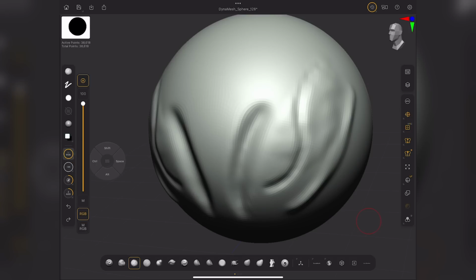So if this is disabled, you're not going to have any of this. In this case, we can just disable this one. I don't want this since I'm not poly painting at the moment. Then we have the focal shift right below it, like here. And you can just change the focal shift up and down. The way you do this is simply hold down on this, and then you can just move this up and